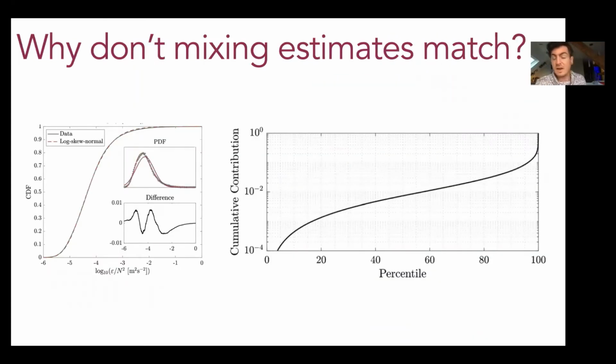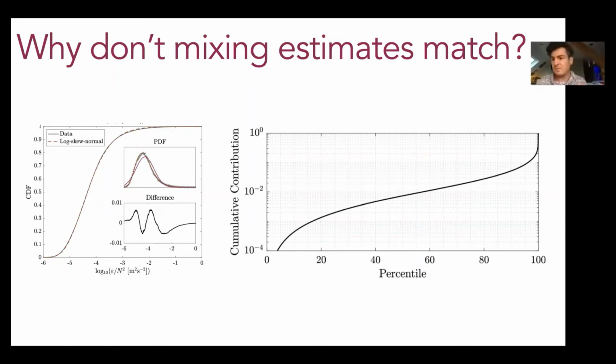And that also helps explain why you have a difference in different ways of measuring the mixing rate. When we look at it directly from individual measurements, then we're just summing over a finite number of measurements. But the other major way of getting at the diffusivity in the ocean is you drop a tracer in the ocean, and then you look at how it spreads, and you estimate from its spread what the mixing efficiency is, or the diffusivity. And typically what you see in these experiments is that the tracer-based estimate is much higher than the individual sample-based estimate.